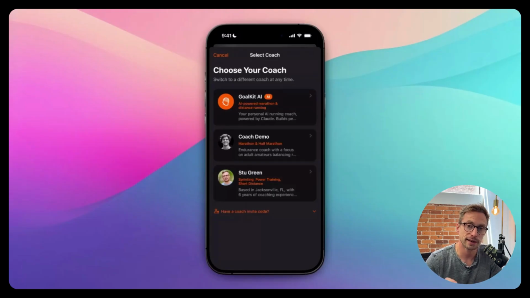And what they get is their own portal. They can also generate AI-generated running plans, and can adapt the plans for their runners too, using the same tools that the runner has. But obviously, the benefit to them is they get to see all their runners together. They can manage their plans, or even set up their own templates based on the formats that they work with. So that's GoalKit.